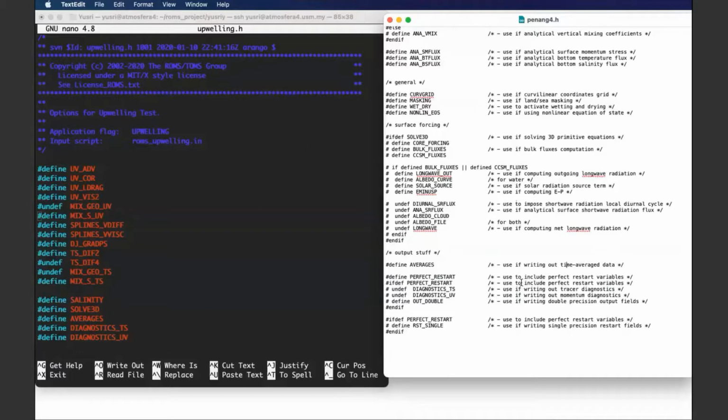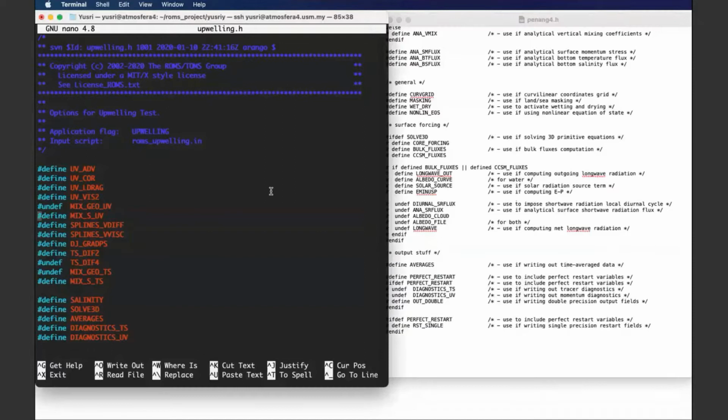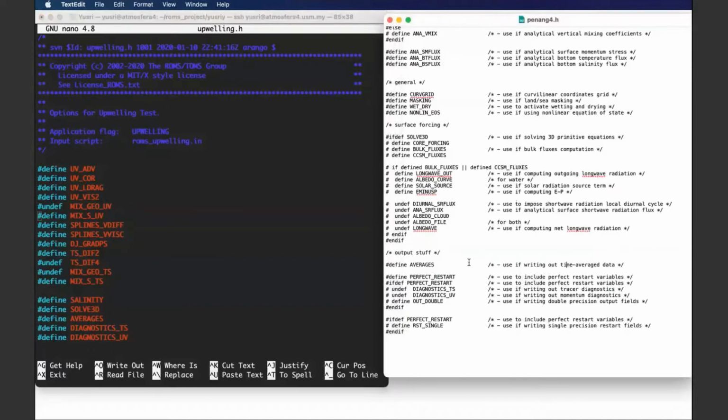It doesn't blow up, it will create also. Yeah. But the period will be before the one where we finish the model, or before the model blows up. The time before it. Okay, if we define perfect restart, which we did, then we undefine, we don't require to output diagnostics, but you